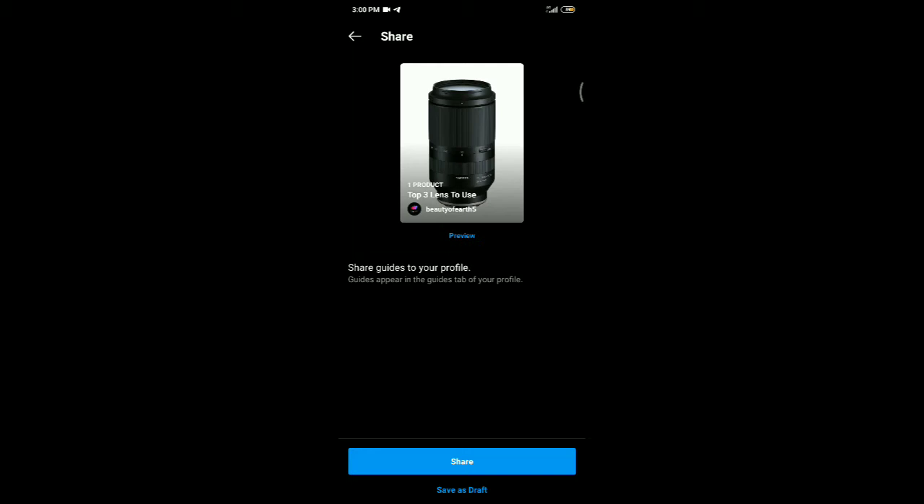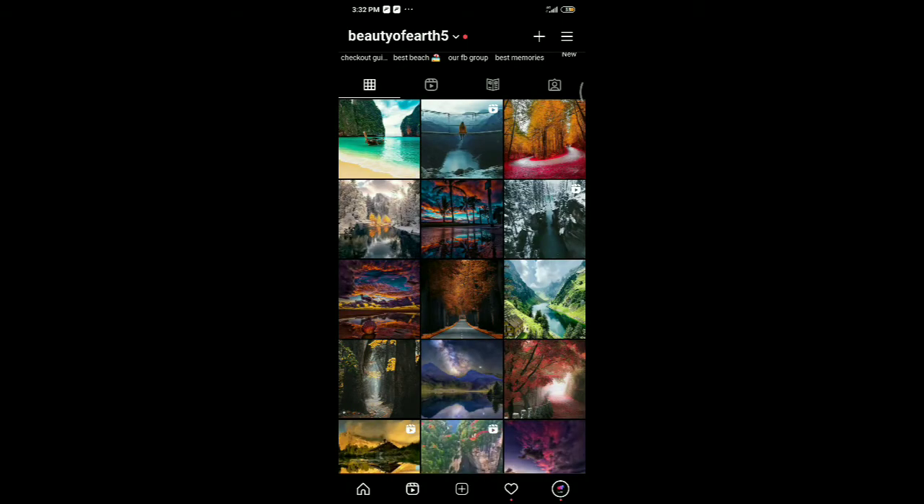And now let's talk about how you can create a guide for posts. So now the last option, and which is the best feature for Instagram guide, is posts. In this feature you create a guide for your own posts, and this is the best mode, as my old posts